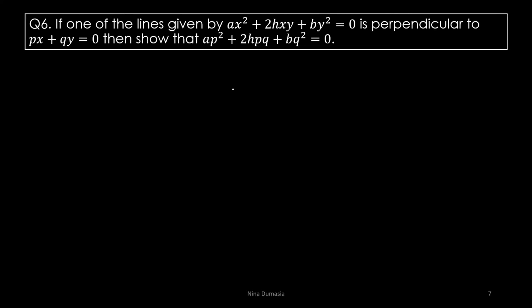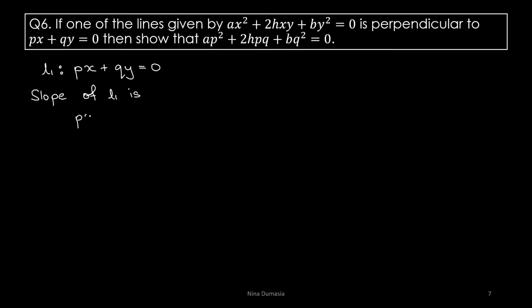If one of the lines given by ax square plus 2hxy plus by square is equal to 0 is perpendicular to px plus qy is equal to 0, then show that ap square plus 2hpq plus bq square is equal to 0. So for this we will have to follow the same procedure like we did for the last question. पहले इस लाइन का स्लोप निकालते हैं, तो L1 को ले लेते हैं as px plus qy is equal to 0, ठीक है. So slope of L1 is equal to,